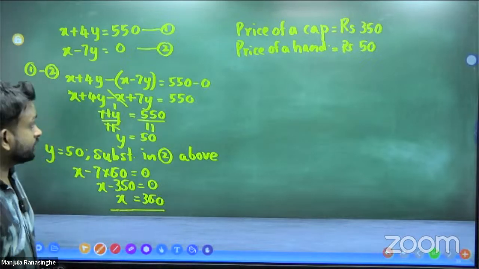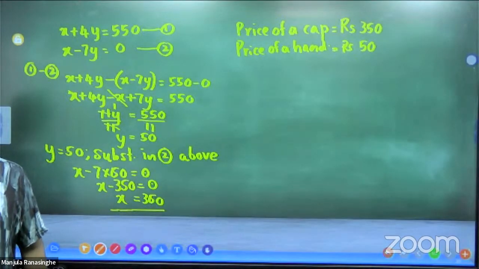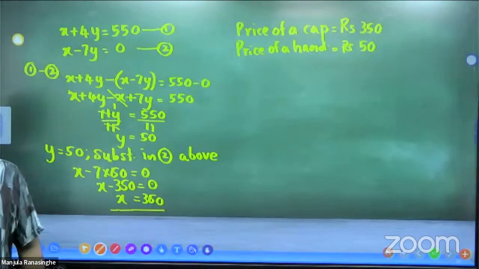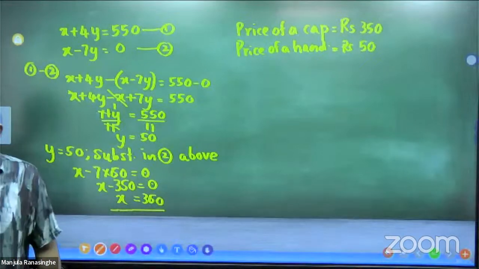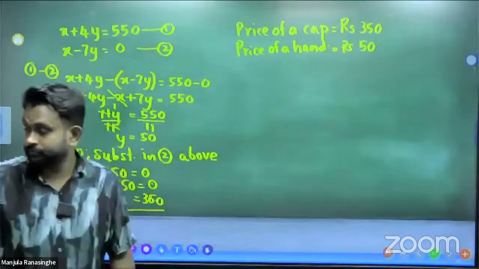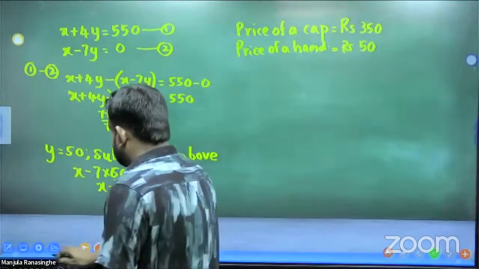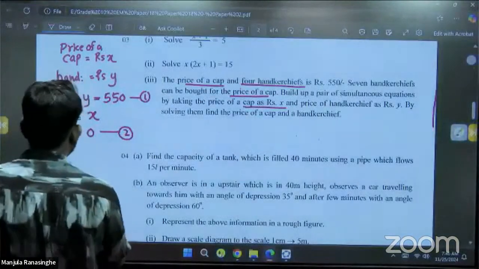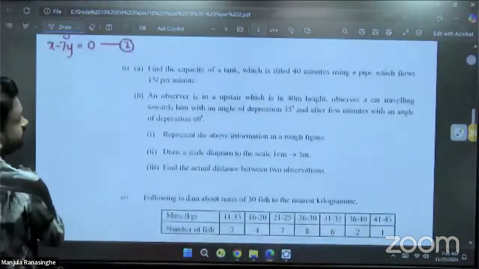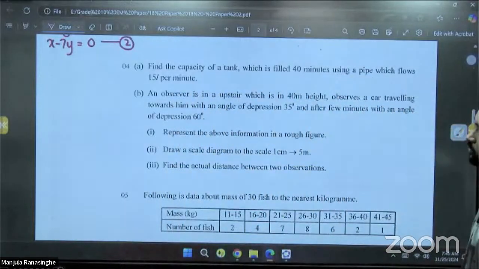Right. So that is fine. Now we are moving to the next question. See the next question, what we call question number 4. Find the capacity of a tank which is filled in 40 minutes using a pipe which flows 15 liters per minute,